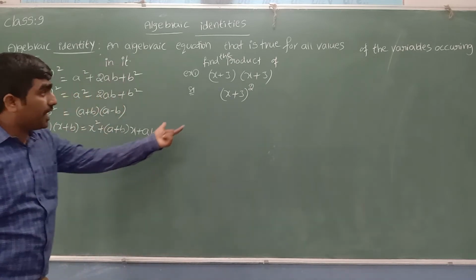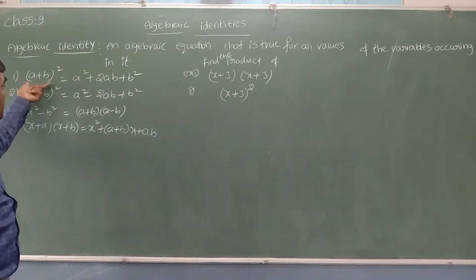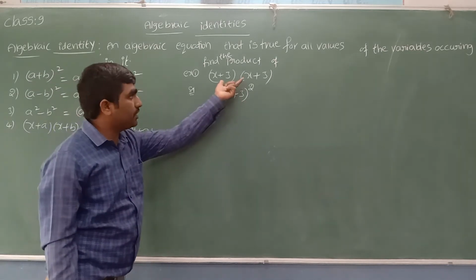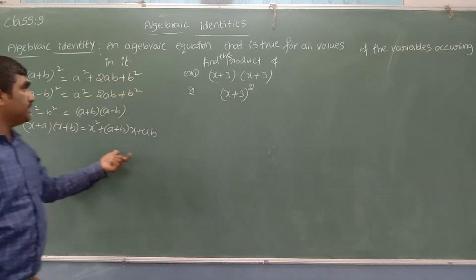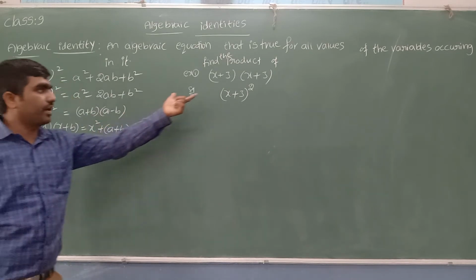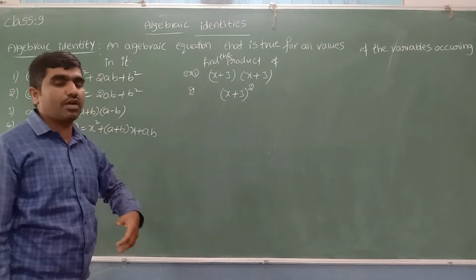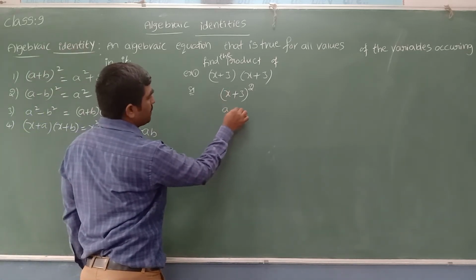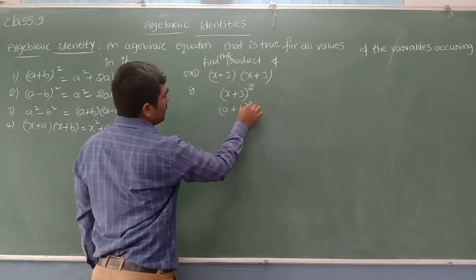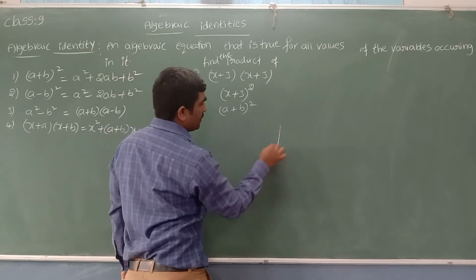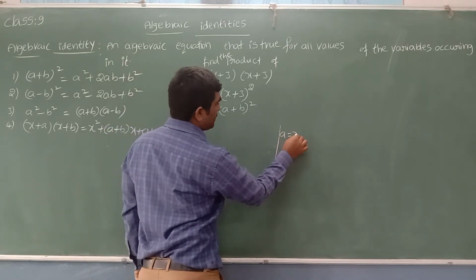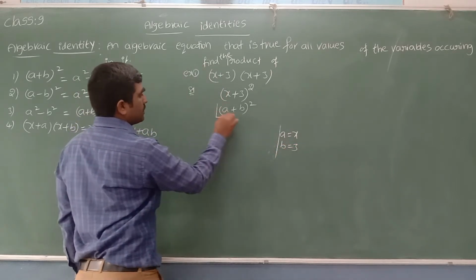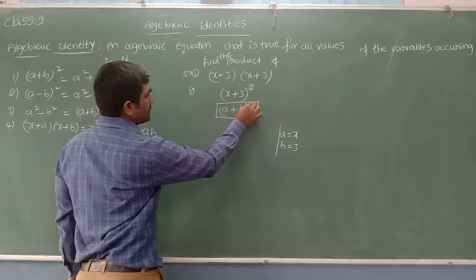Now, it is like which identity? Sir, it is like (a + b) whole square. So to find the product of this, we can apply this identity and find the product easily instead of general multiplication. Yes, let me do the comparison. This one is like (a + b) whole square. Yes, it is, sir. So here I can see a is equal to x and b is equal to 3. Yes. Now what is the (a + b) whole square expansion here?